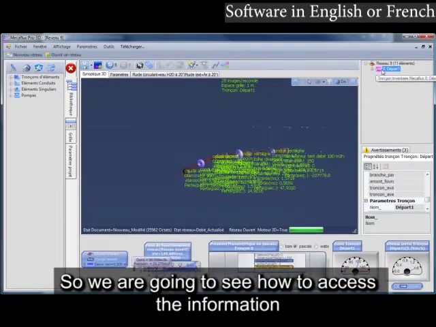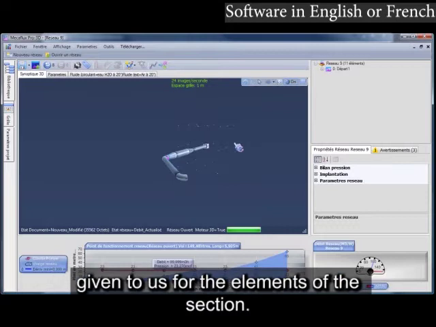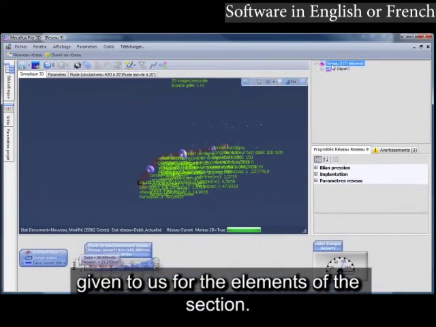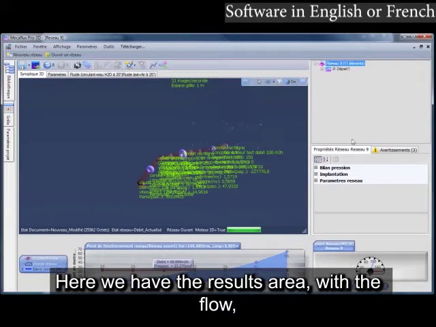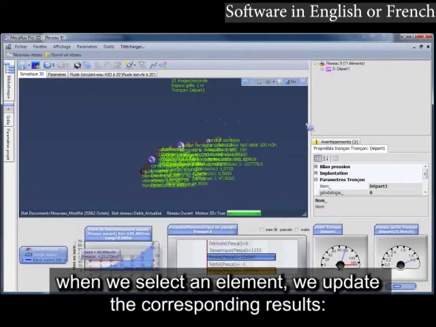So we are going to see how to access the information given to us for the elements of the section. Here we have the results area with a flow. When we select an element, we update the corresponding results.